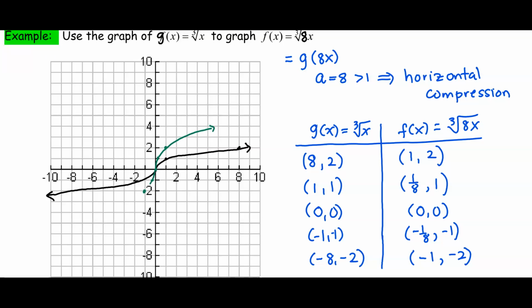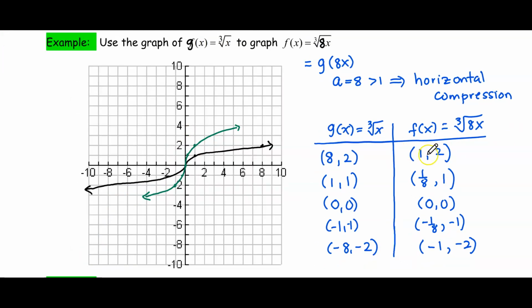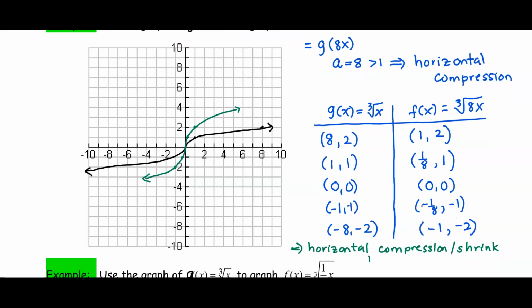It would look like this. So you see how the graph is now compressed. Now, upon examining the points here, we recognize that there is a horizontal compression. So therefore, we conclude that there is a horizontal compression, or sometimes we use shrink synonymously to compression, or there's a horizontal shrink by a factor of